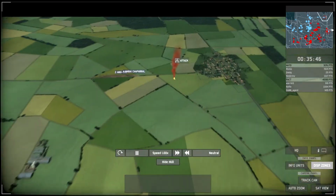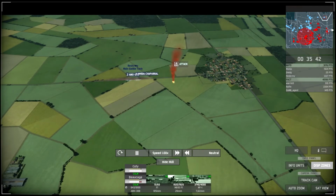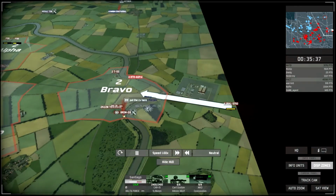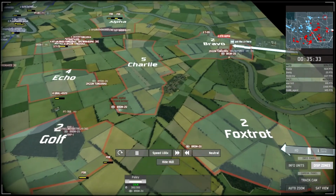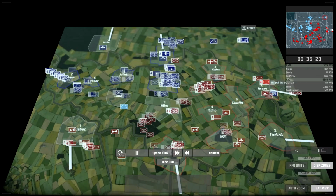Yeah, so this attack force has been reduced, and it's lost its punch. You know, the French tanks wouldn't have the firepower to take on a determined defence. However, if we lose that CV, Bravo will fall quite easily. Charlie's defenceless, Foxtrot's defenceless. There's still a lot of firepower in this, whereas over here,